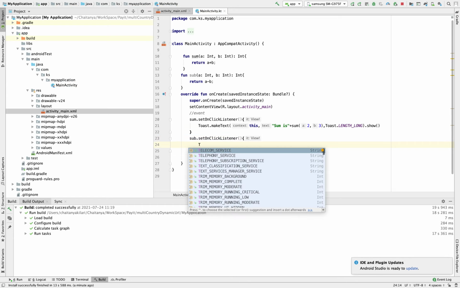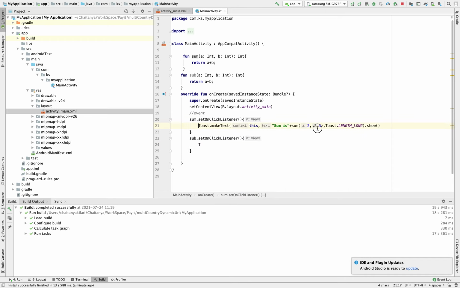Toast dot make text. We are writing the same thing again, but we are changing the method name, that is the function name. Here sub is subtraction of, here we will write a bigger value first and the second value is less, 3, 2.